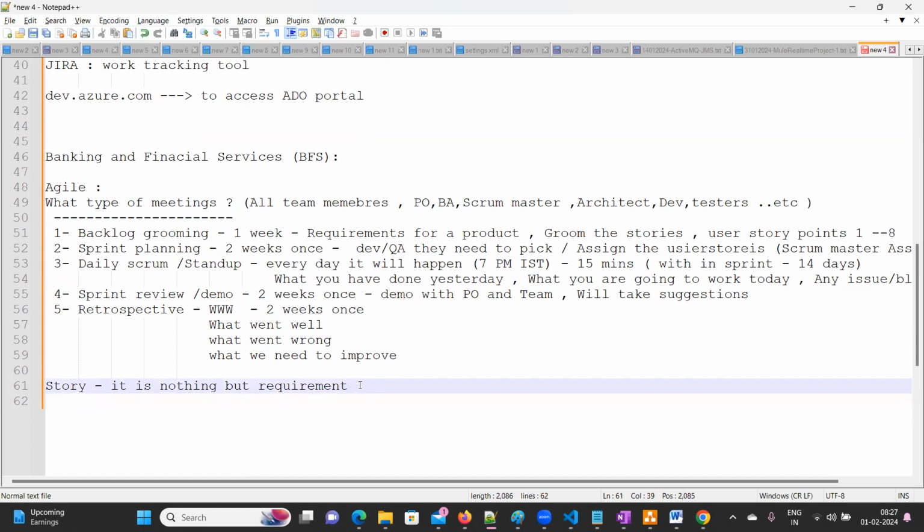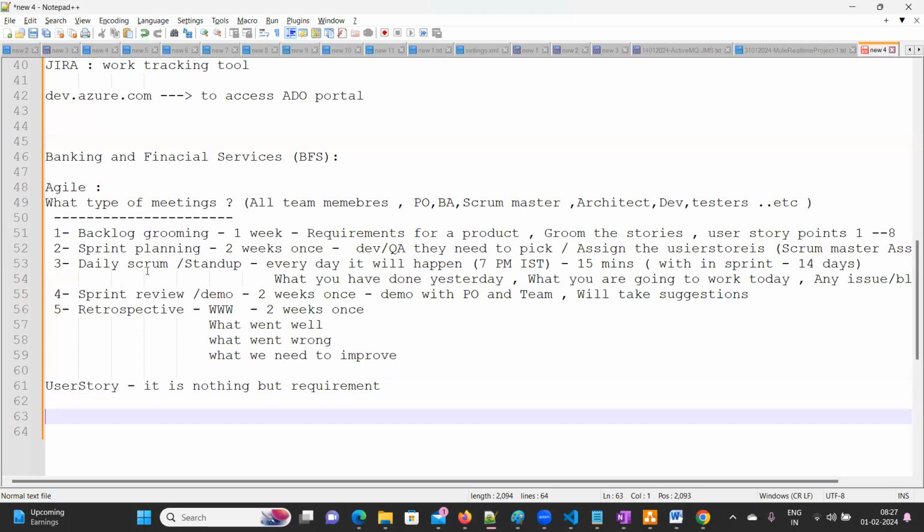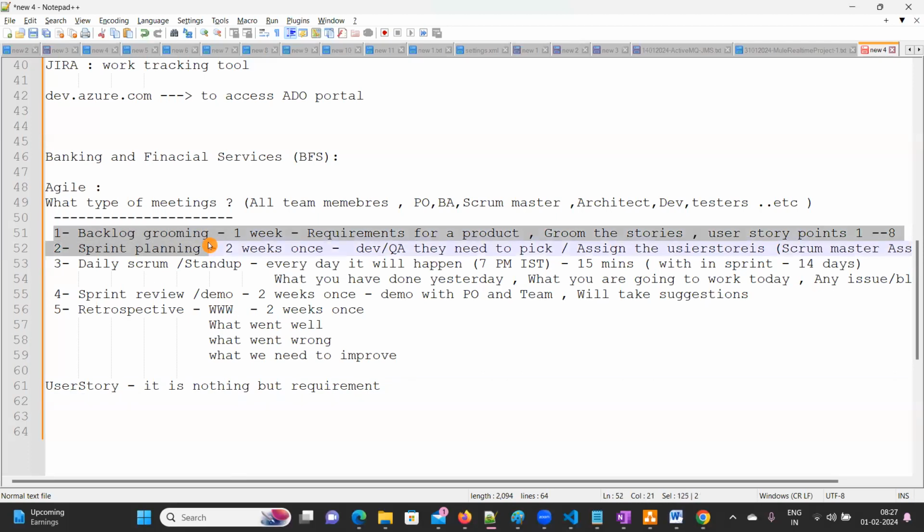Don't get confused: story or user story. These are the terms, and you can call it anything. Now we can consider that today we are going to